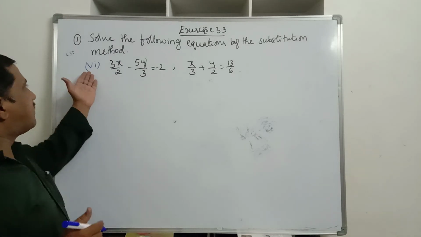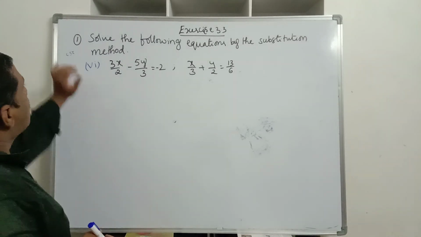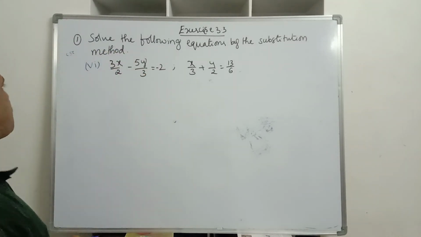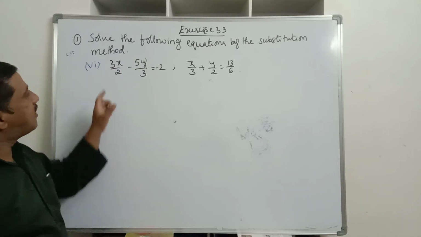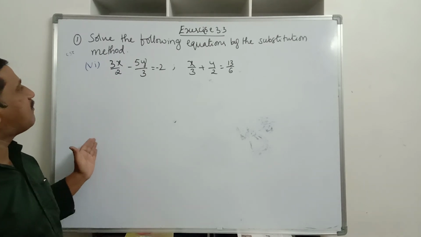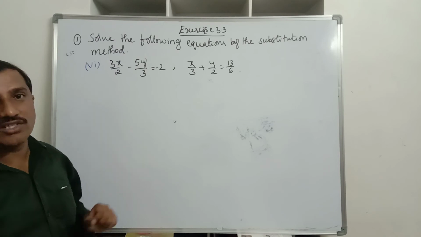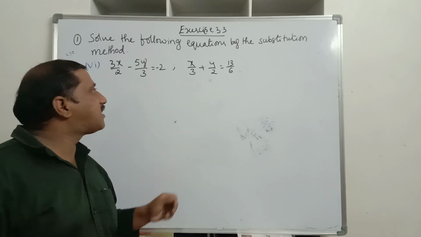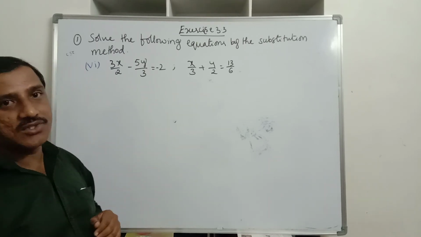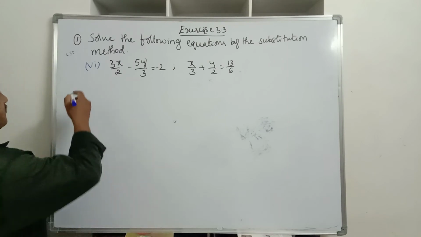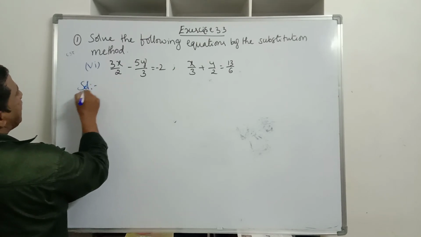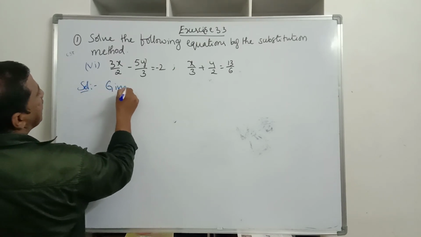Now we will discuss the sixth bit from the same question. Solve the following equations by substitution method. Sixth question: 3x by 2 minus 5y by 3 is equal to minus 2, and x by 3 plus y by 2 is equal to 13 by 6. So write the given equations. Given equations are